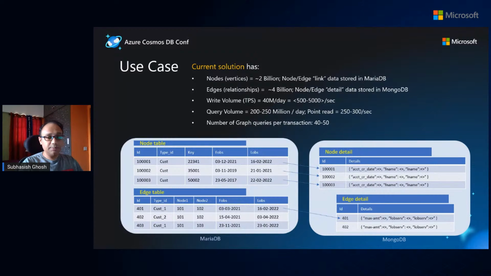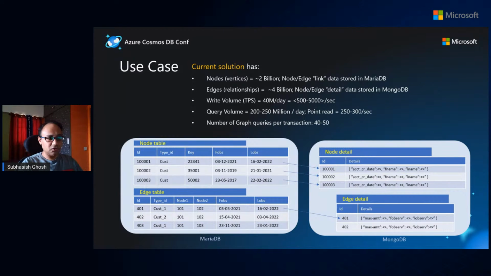The write volume TPS is 40 million per day, which basically varied from, let's say, 500 per sec when non-peak, to at highest peak, let's say 5,000 per sec. But that's the write volume, and the query volume is a mixture of, mostly in-partition queries and some point reads, but also upserts. So it's more write heavy, but with some query volume as well, where you have some complex queries and a lot of point reads.